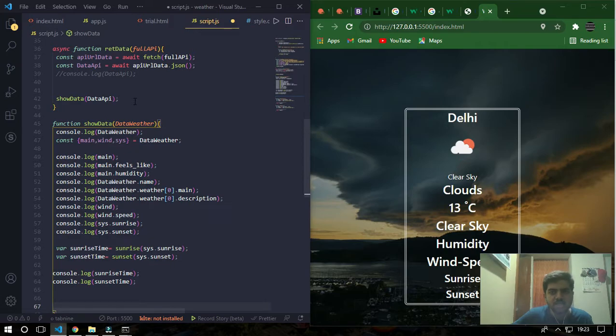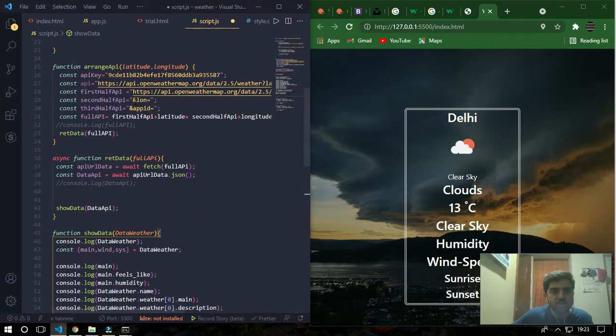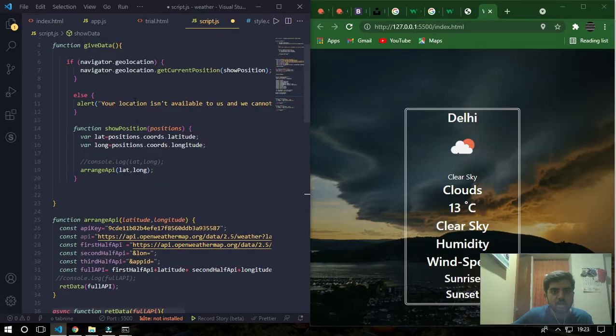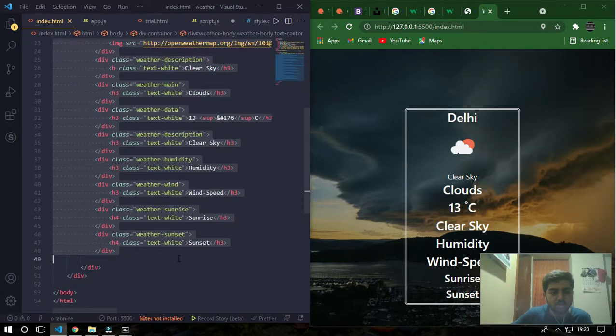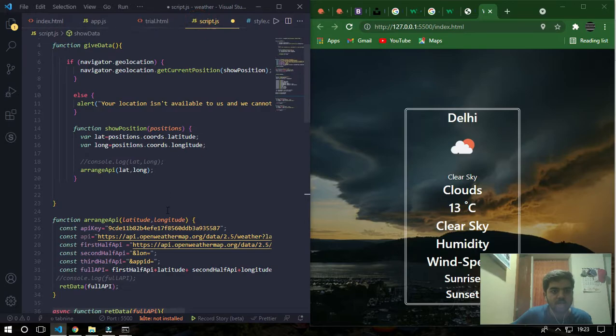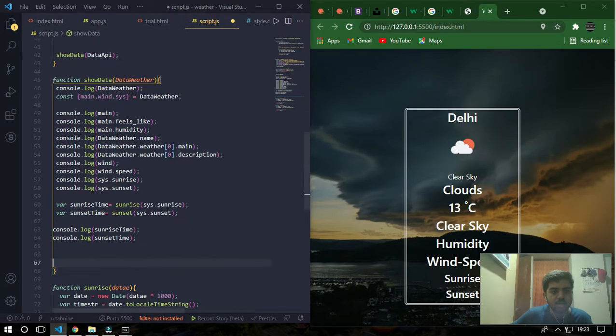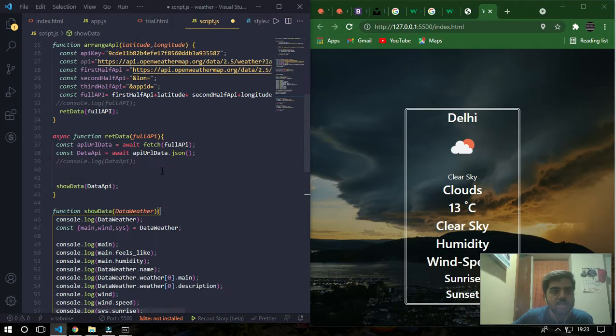We can just make this, before showing this thing we can just keep, no, I can just say, okay, let me try this thing. I'll just copy this, doing 2 divs at the end. I'll go to the script.js, and here in the show data, what is this, showFinal, right?